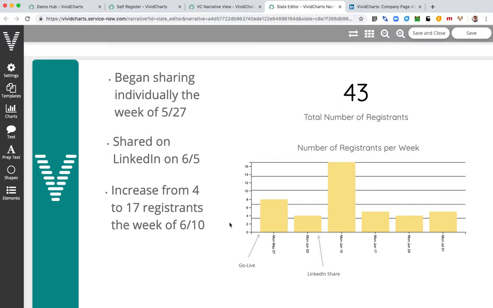But two, the value of adding this operational level context that shows, okay, this is when we went live, this is when we shared on LinkedIn, and this is what happened to the data. This is what the data shows based on those events. So